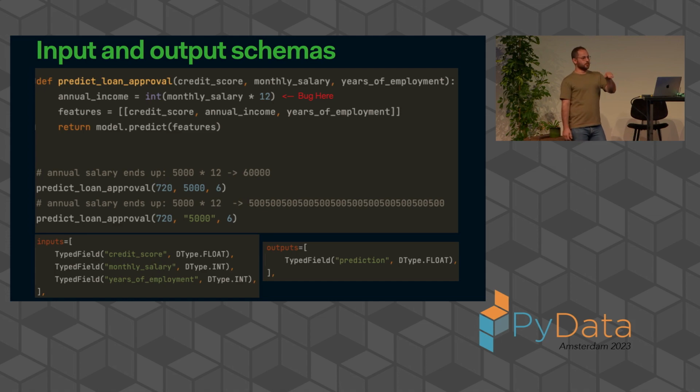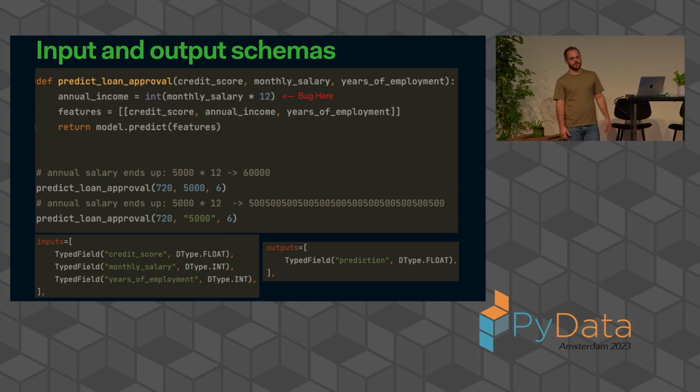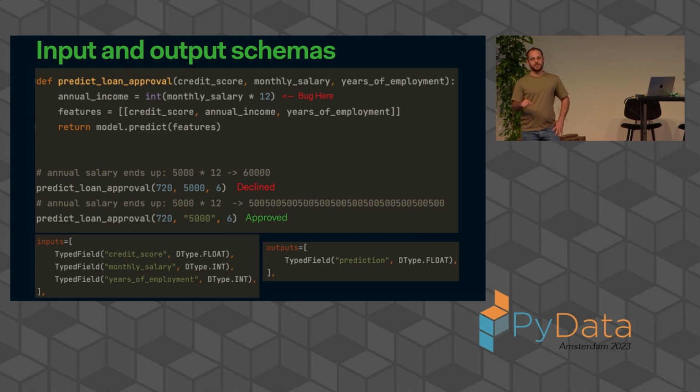And we expect this model to perform as we expect, but then suddenly the client starts to, for whatever reason, send wrong types to this model. And Python will just allow this, and things are very fine. But as you can see, in the first request, when it's actually getting the proper annual monthly salary, the model declines the loan. But in the second request, the salary is the same. The only difference is the type, but the model says, here you go. So this is a very basic example of how types can cause inconsistencies in your serving